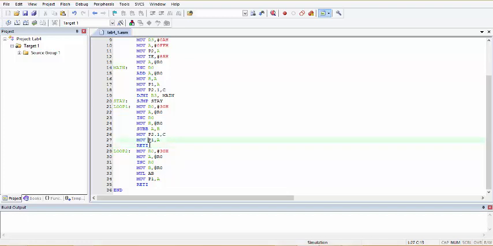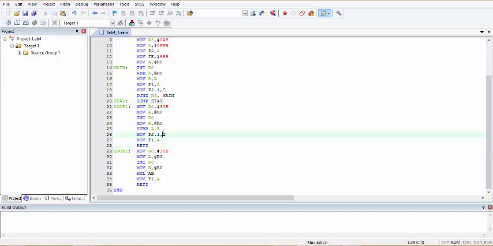Now the RETI statement is another very important statement in today's program. The RETI statement is used to return to the previous instruction from where the interrupt was called. This is so that the processor can go back to doing what it was supposed to be doing. So if the processor was executing this statement here when the interrupt was called, the RETI statement will make sure that once the interrupt service routine has been processed, it goes back to this.